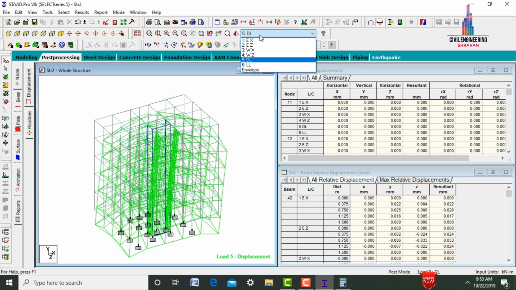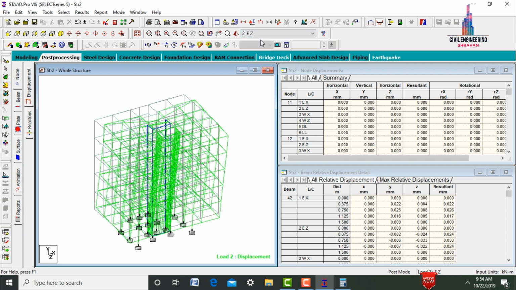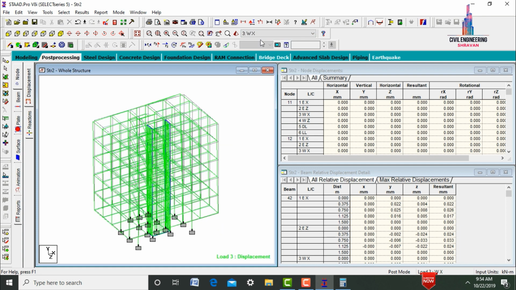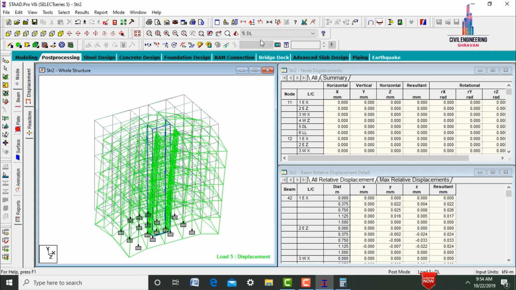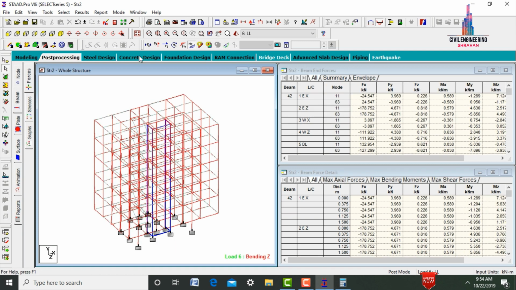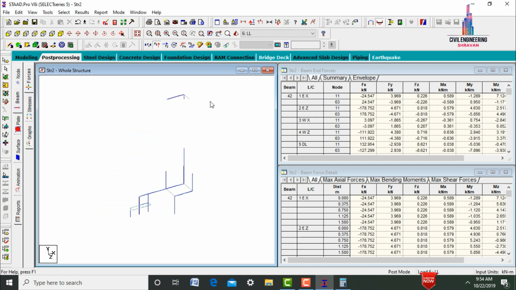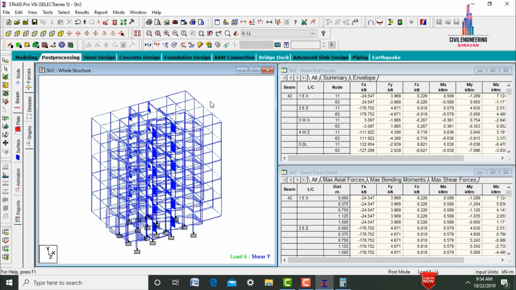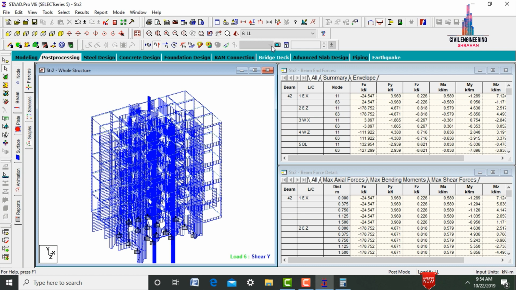So after that I will change the load case to earthquake load x direction condition, earthquake load in z direction condition, wind load in x direction condition, wind load in z direction condition, dead load, live load. So after that deselect the deflection diagram. Now we need to select the beam option here. So select Fy value here, deselect the Mz value. So this is the shear force diagram for this respected building due to presence of the live loading condition.